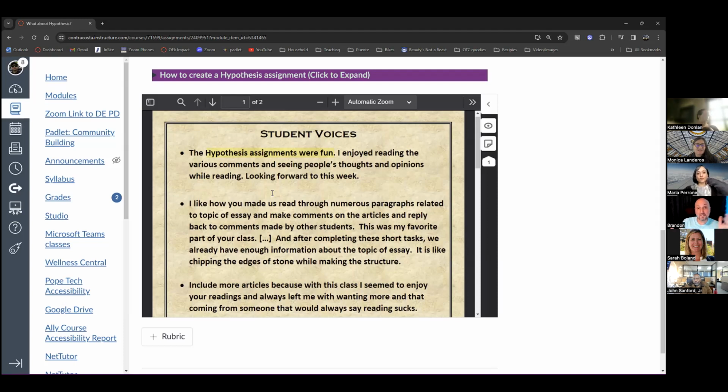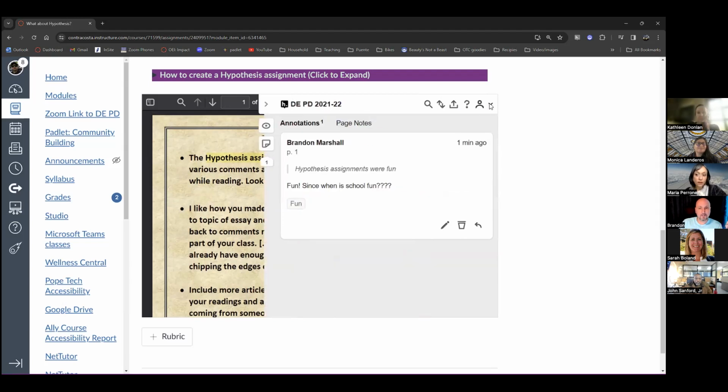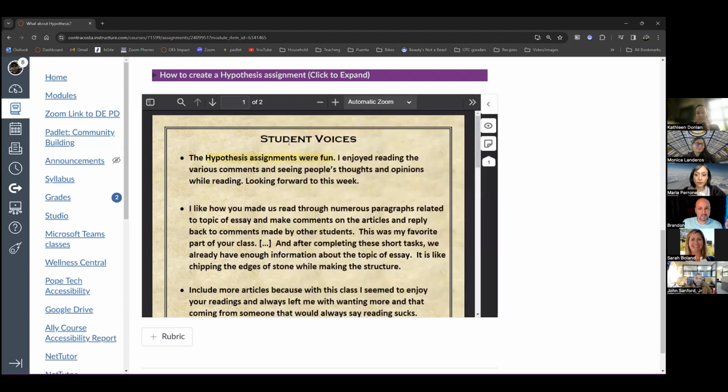Hypothesis plugs into SpeedGrader really nicely. And if we get a couple comments here, I'll show you what it looks like in SpeedGrader. You can give your more pointed comments to them in SpeedGrader, so it's private, just between you and them. So spend a couple minutes, read through these, and participate. Let's get some annotations in here. I want everybody to have an opportunity to use Hypothesis from a student-facing perspective.